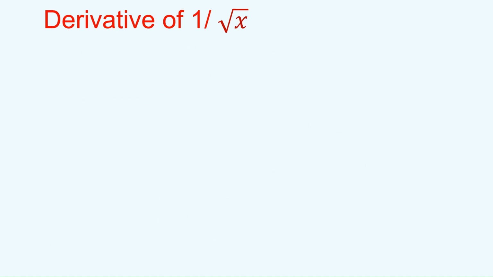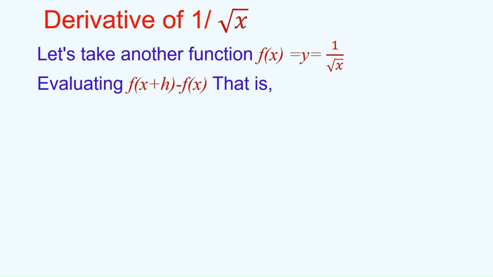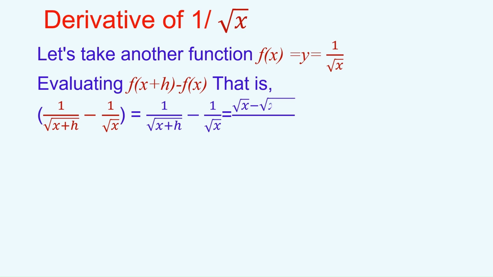Derivative of 1 divided by square root of x. Let's take another function, f(x) = y = 1 divided by square root of x. Evaluating f(x + h) - f(x), that is 1 divided by square root of (x + h) minus 1 divided by square root of x. Solving the fraction by the LCM method,